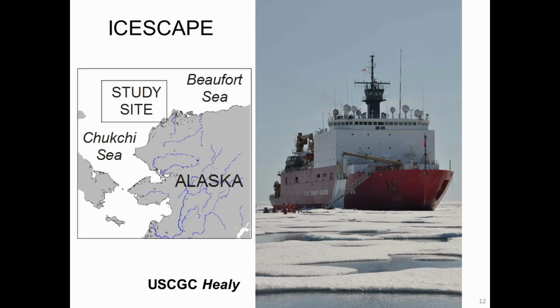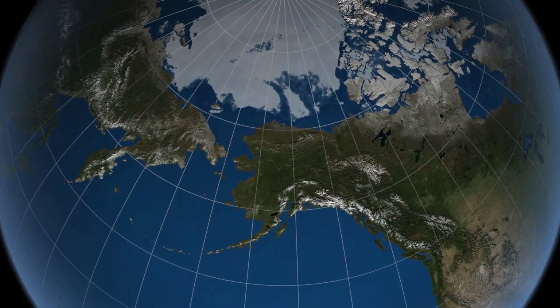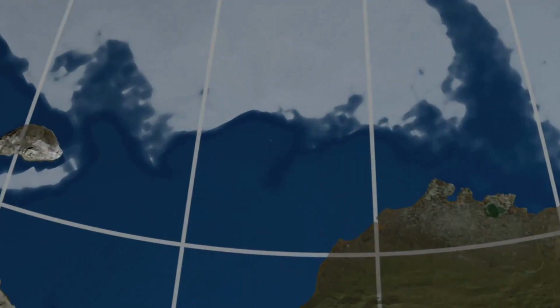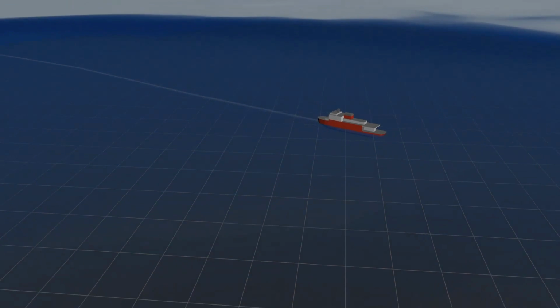We were on a cruise in 2010 and 2011 in the Chukchi and the Beaufort Sea on this ship here. What I'm going to show you is an animation, and you're going to be sort of real-time oceanographers here. It's going to zoom in onto the study area, and you're going to see what we saw during this particular cruise. I'll describe it as it goes. You're going to get a bird's eye view of what the ocean looks like if you were something swimming in it, for example. So there's our ship. Hopefully you can see that better, because I see a big white glare here.